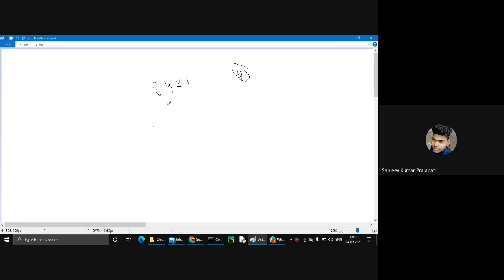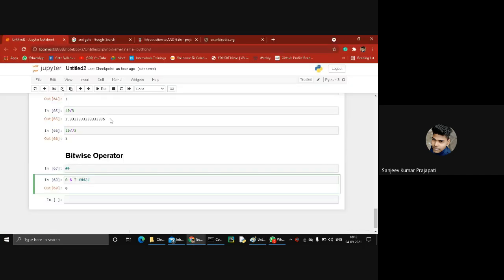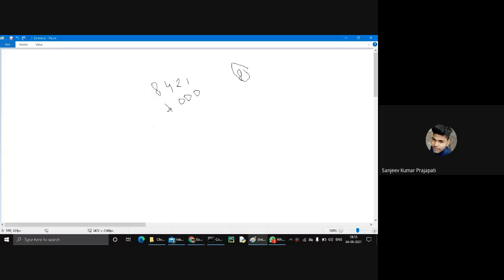For 8, we type 1 and the others are 0. So the binary form of 8 is 1000. Then the same for 7, it's 0111.